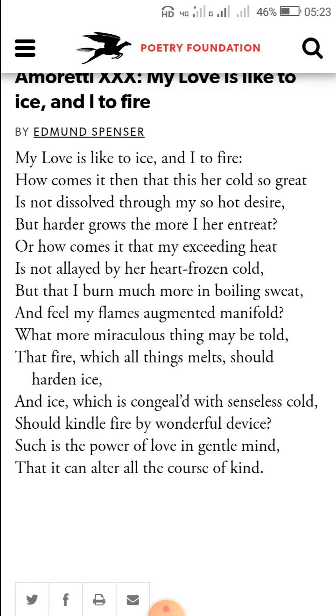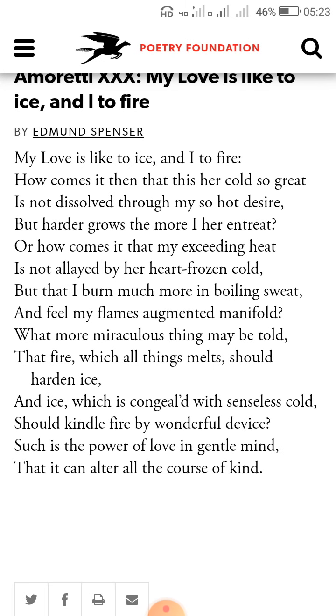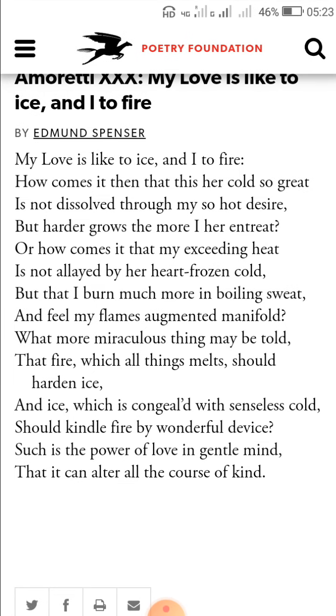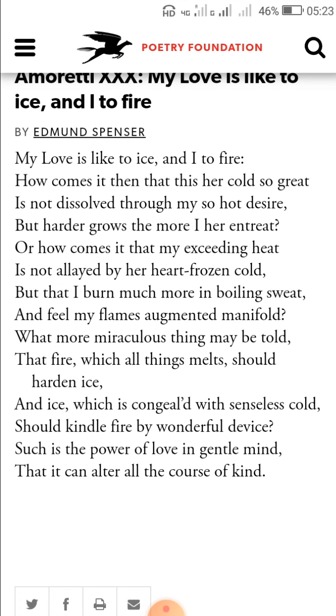As nature says, these two can't live together, but the love relationship between the poet and his wife is quite different. They are living happily. However,